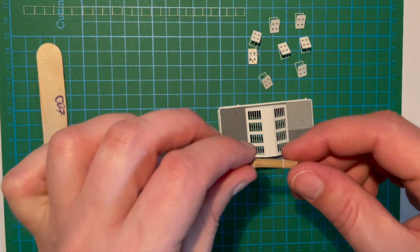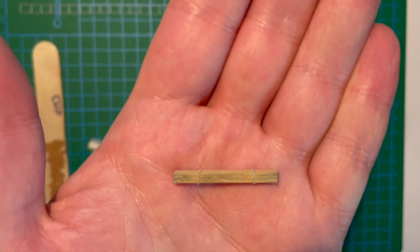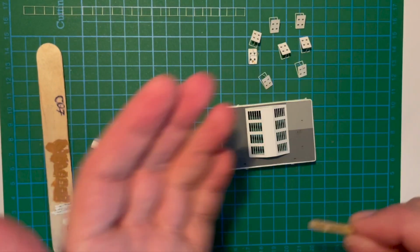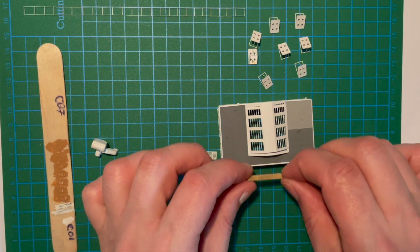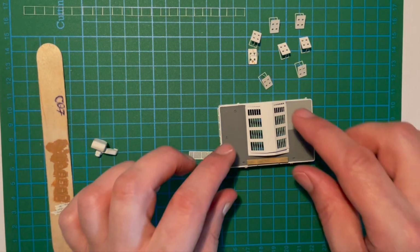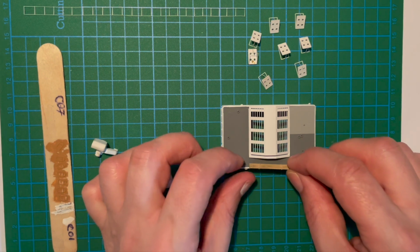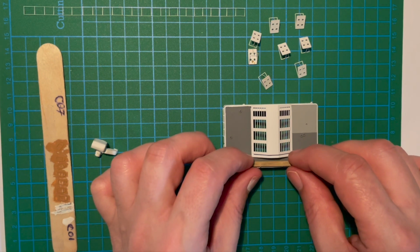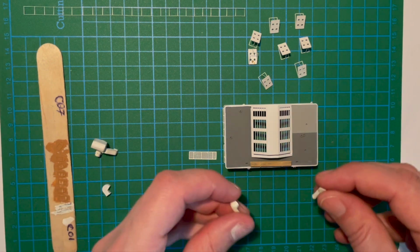I've got my little pile of planks. So they're just going to sit nicely there. Oops. Just going to sit there. No, they're not. So obviously I'll glue them in. It should be fine. I've got these two little vents then that go here either side,